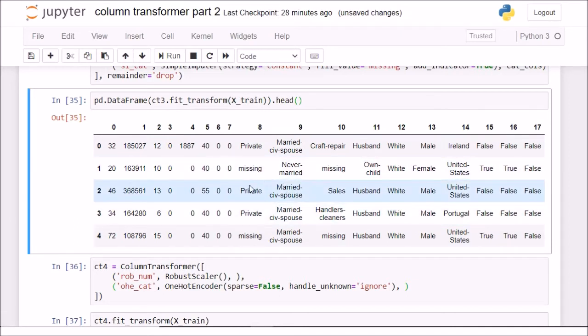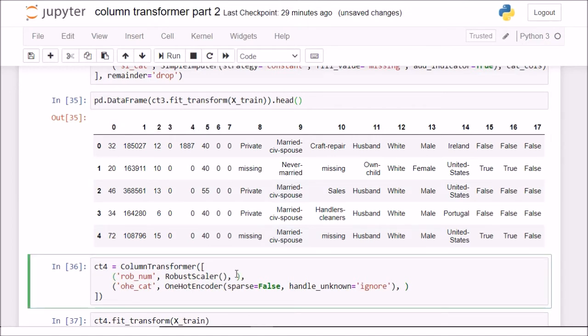So what are my column names? I have to go from 0 until 5, right? Because 6 and 7 are indicator columns which do not need any scaling. So from 0 until 5 I need to do the robust scaling, and hence here I need to pass list of range of 6.